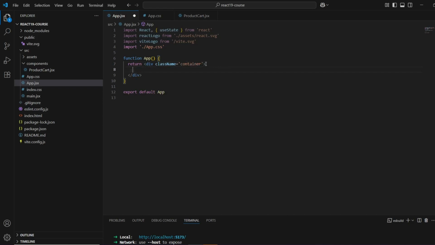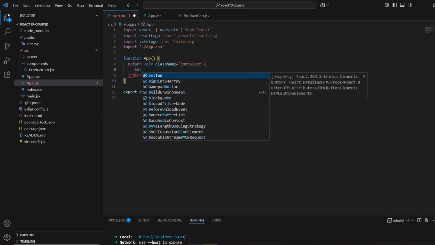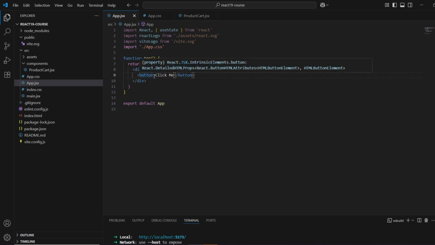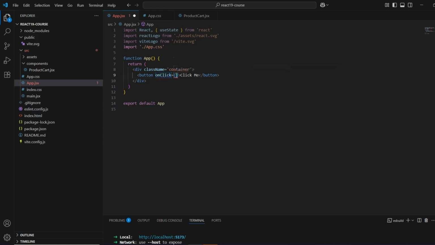Okay. So let's come into our app component, and here we have a button, right? Which will have the text Click me. Now to catch the click event, we have to pass an onClick function. Okay. And we have to use the onClick keyword here. So whatever function you pass in this onClick event inside the curly brackets, it will execute on click of this button. Okay, so let's do here alert,